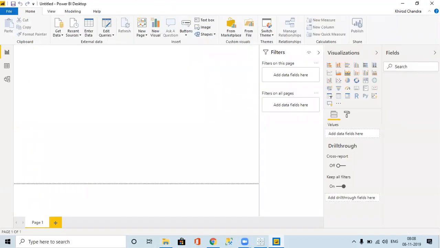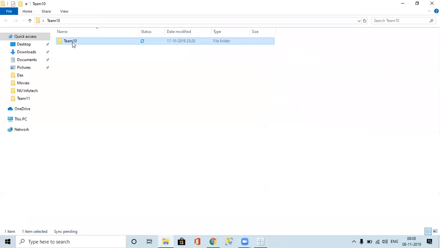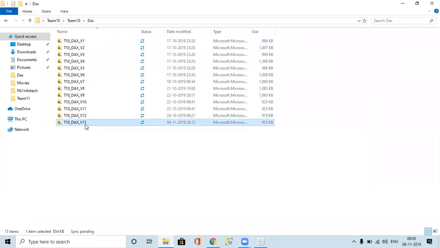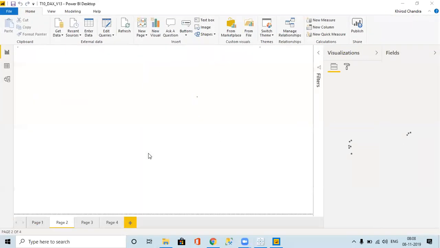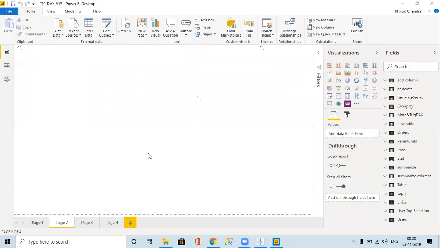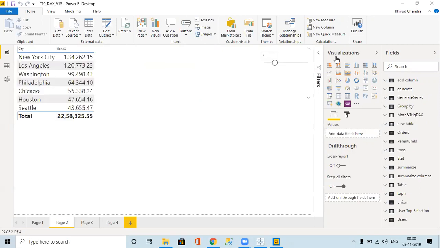I understand selection pane can be done, but I don't want selection pane. Not always can we use bookmarks. Apart from selection pane, any other thing? In that case we can use parameters.